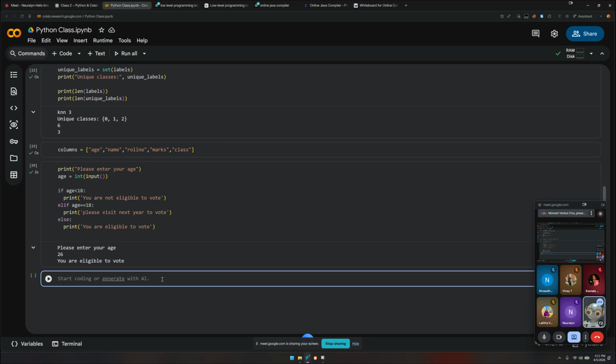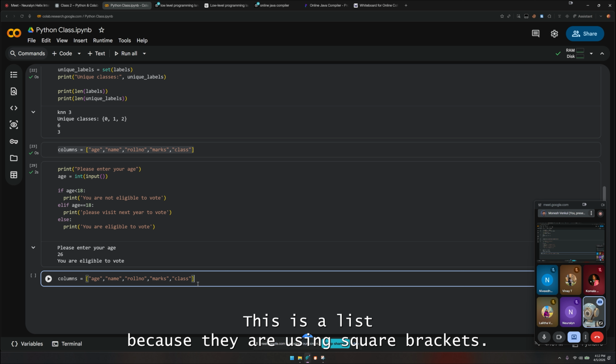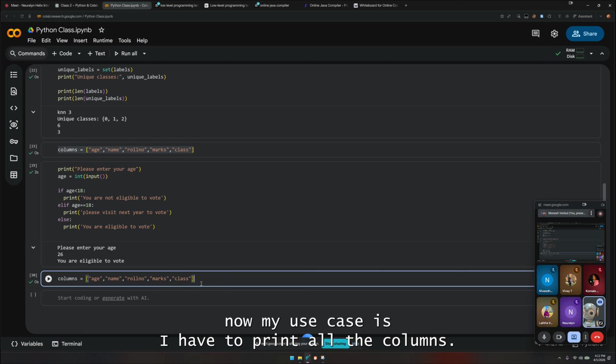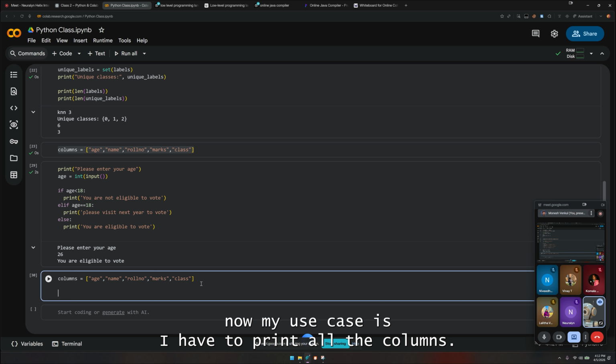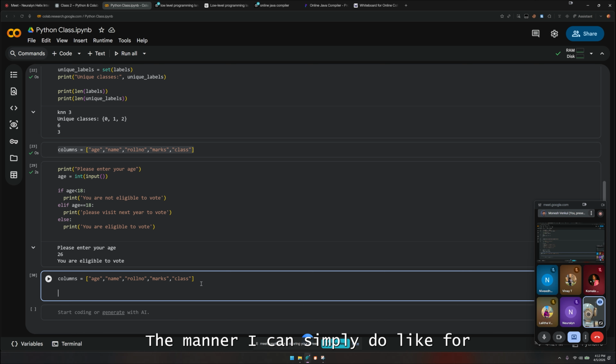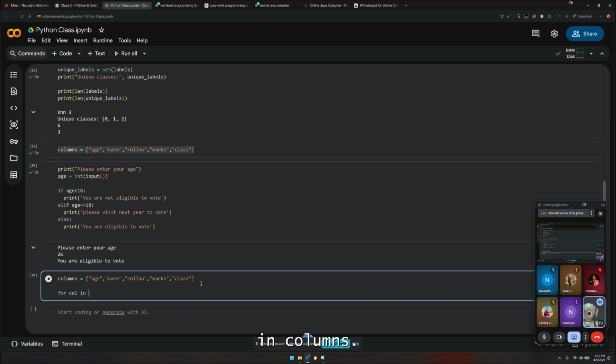Okay. Now let's see for loops, which we'll be using so widely when going to ML code. Let's take a list. Let's take these columns. This is a list because they are using square brackets. Now my use case is I have to print all the columns in a neat fashioned manner. I can simply do for col in columns,